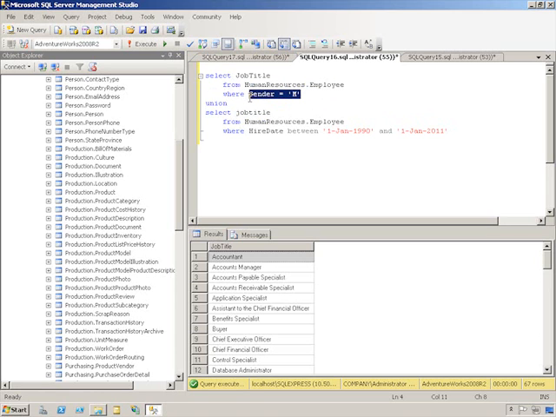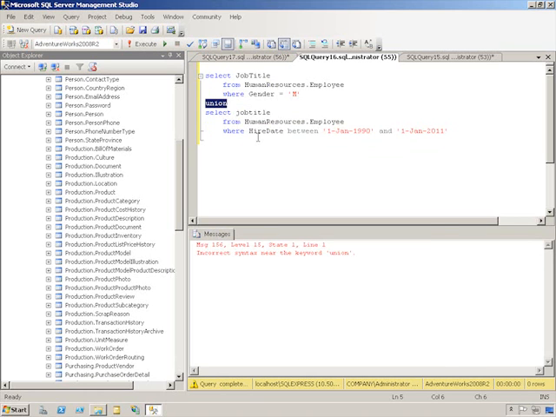The first query is grabbing all employees with a gender of M for male, and the second query is grabbing all employees who have a hire date between 1st of January 1990 and 1st of January 2011. Only those employees who show up in both lists will be included in the unioned results. And,